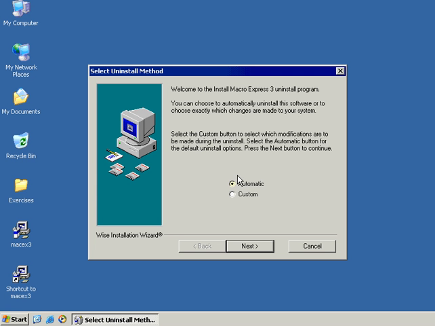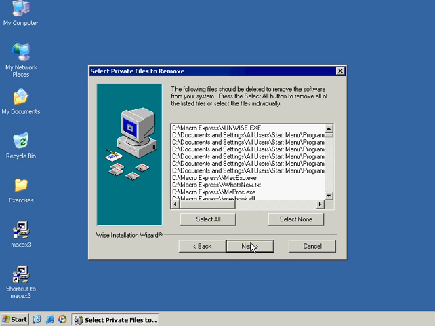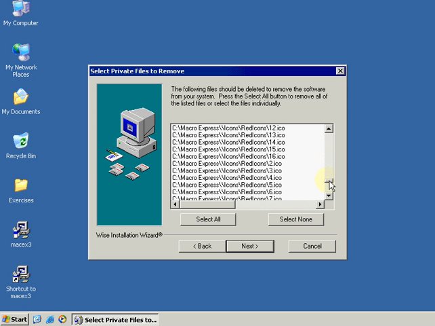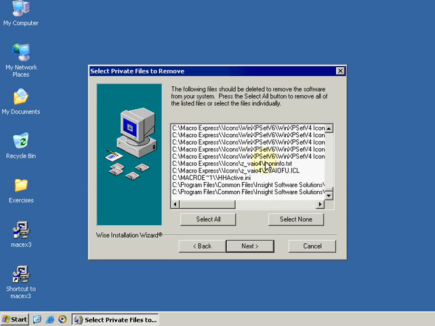The automatic method will remove the entire application, all the icons. It will not remove your saved macro files unless they're located under the install directory, whereas the custom installation will give us full control over what to remove from the application. So if we go with Custom and we hit Next, our first option allows us to remove the software from your system, which is all the executable files and the icons and anything else that has to do with the